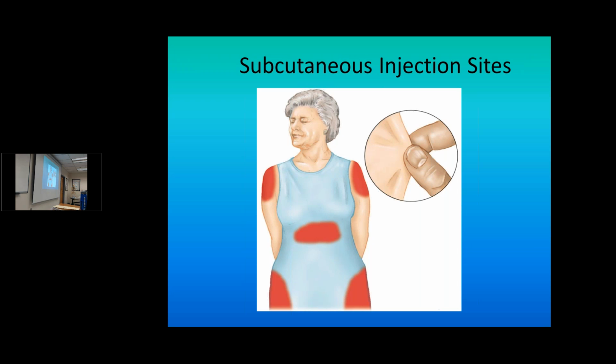There's a number of different places, especially for insulin shots, that you can use as sub-Q injection sites, to include the deltoid, the abdomen, and the lateral sides of the